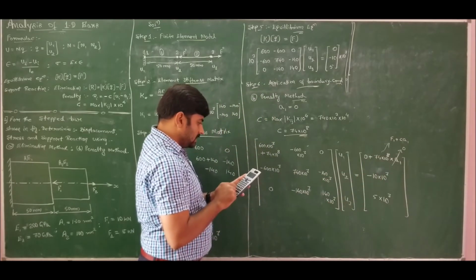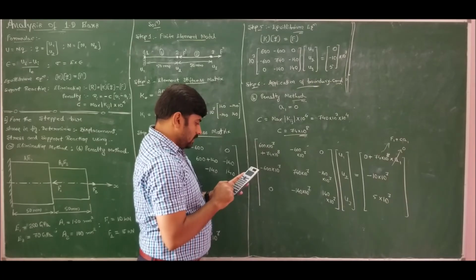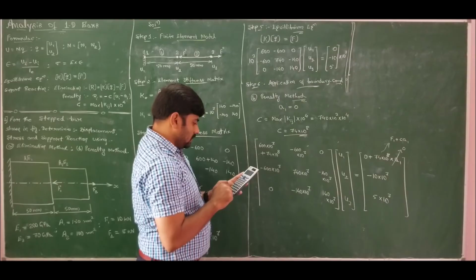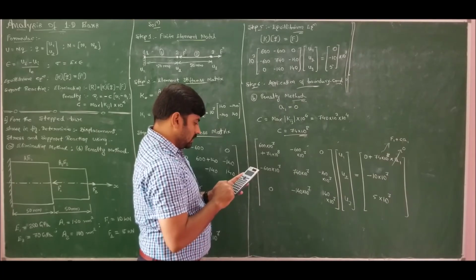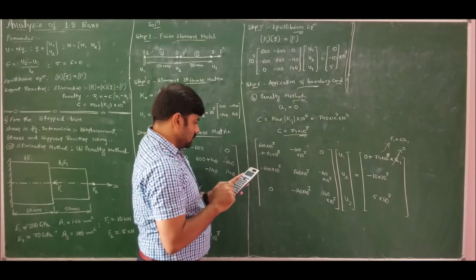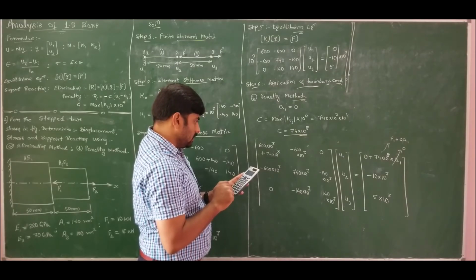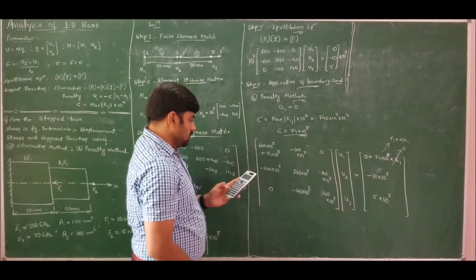Next we have minus 600 times 10 to the power of 3, 740 times 10 to the power of 3, minus 140 times 10 to the power of 3, and minus 10 times 10 to the power of 3. Then 0, minus 140 times 10 to the power of 3, plus 140 times 10 to the power of 3, and 5 times 10 to the power of 3. So if I solve,